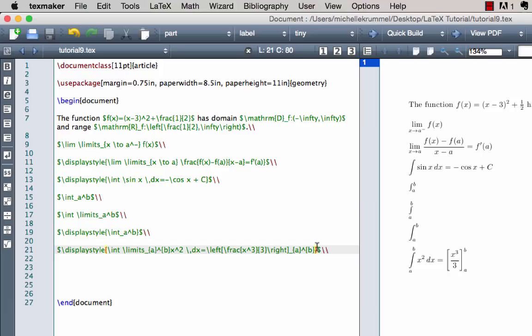And let's go ahead and finish evaluating our integral here. So that is equal to \frac b cubed in the numerator over 3 in the denominator, and I need to move my cursor to the right so that I'm outside of that first fraction. And now it's minus, and we plug in our lower limit of a, so I need another fraction, \frac. Our numerator is a to the power 3, denominator 3. Let's compile that. The next thing we're going to look at